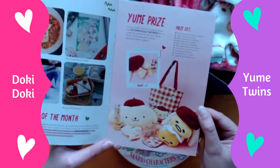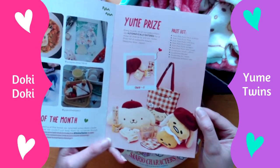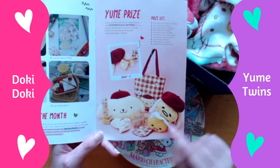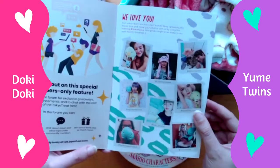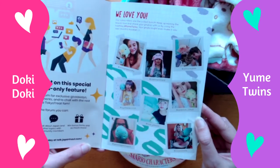So he's really cute, isn't he? I mean, little pom-pom paw in there with his beret. Très chic. He's partnered up with Gudetama the egg for some reason. Not quite sure why. Maybe just because he's yellow. I don't know. And there are some people with their plushy things from boxes past,